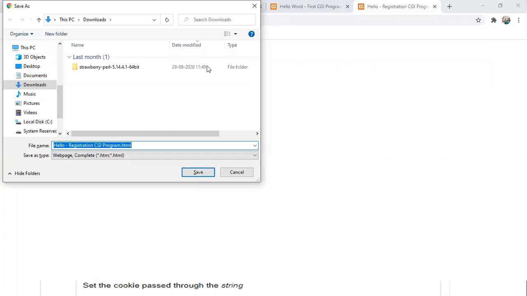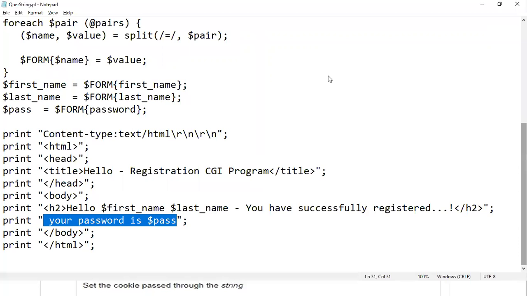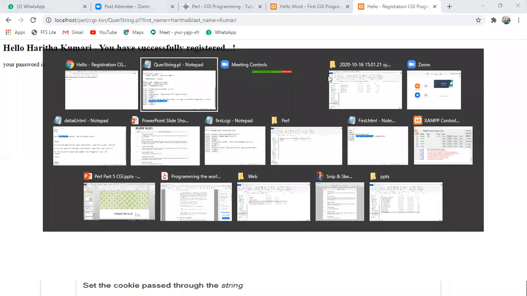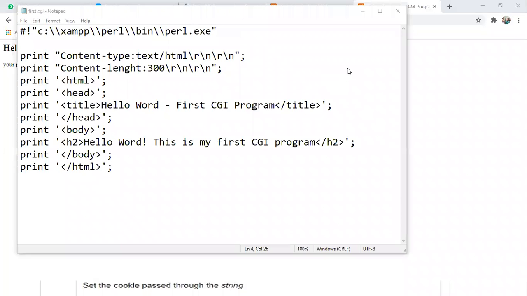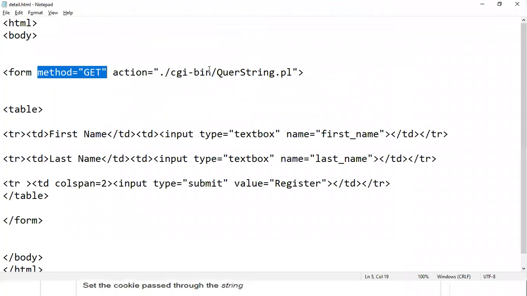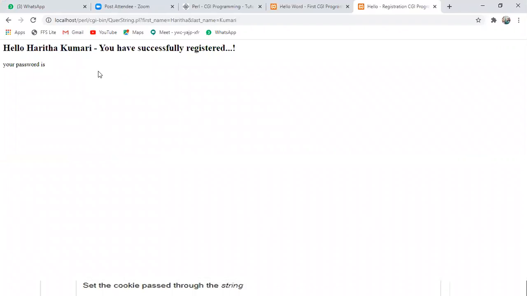I hope all of you have got an idea about how we can process the query string, what the query string is, and what the actual condition on the query string is. What is the method? In this, the method is very important, what type of method you are calling. For example, if you put a POST method, how it will work, if you make a GET method, how it will work. Remember those things.